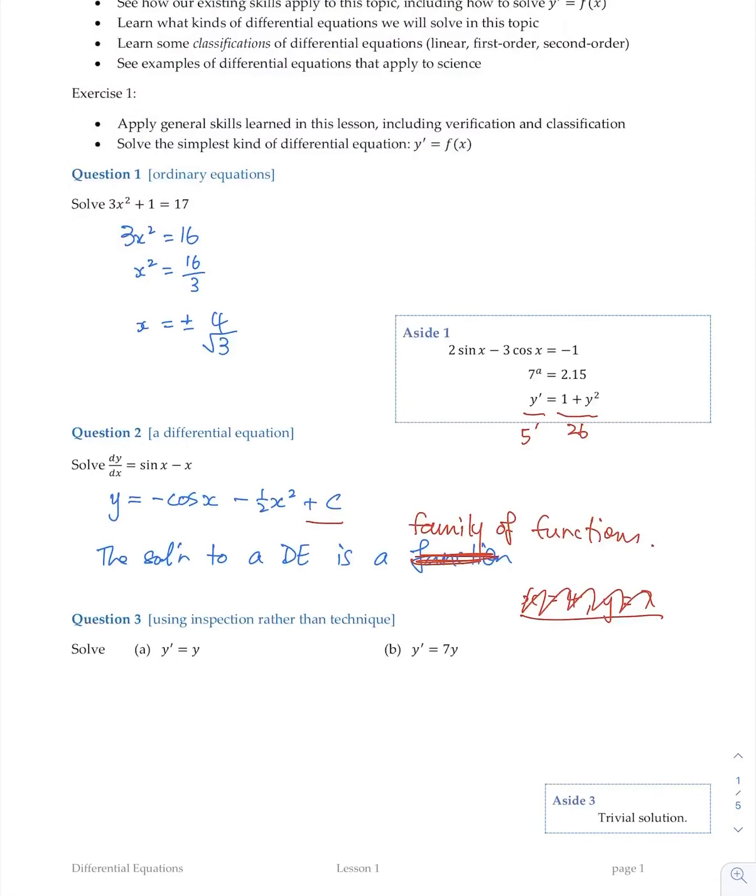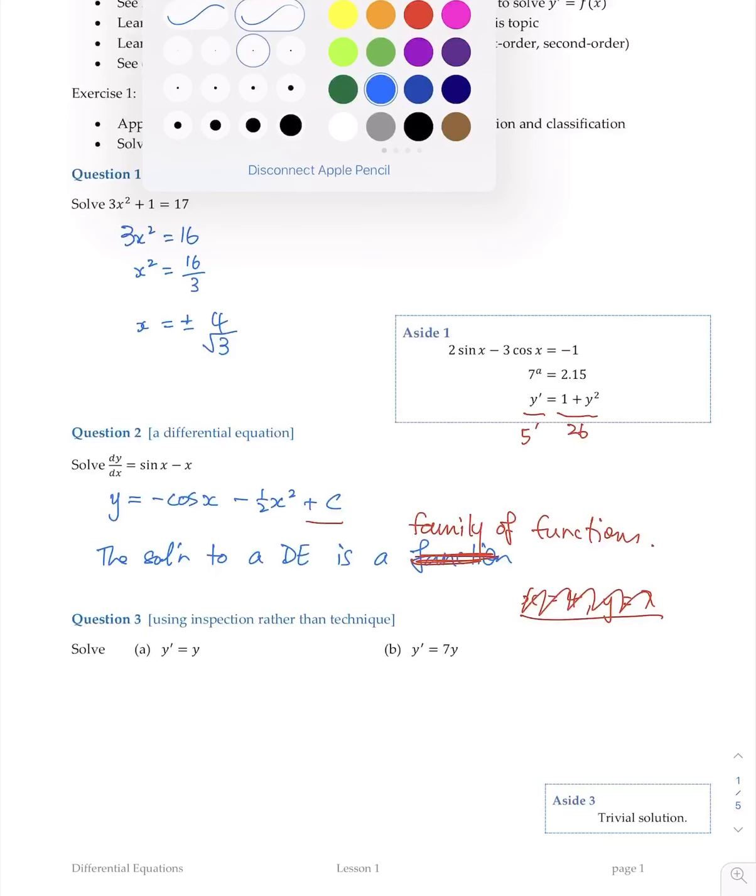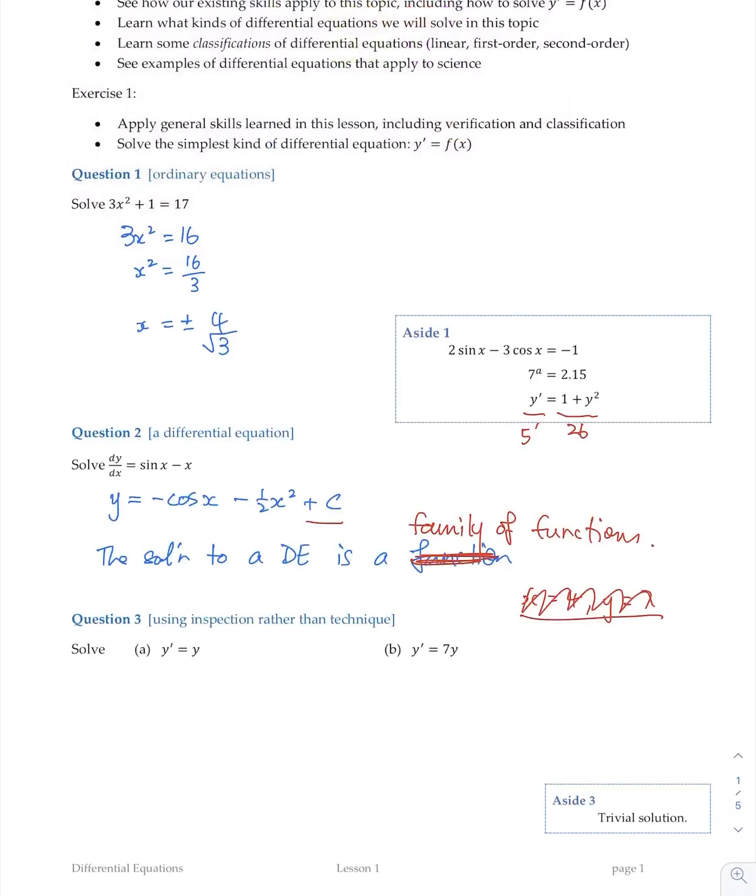Right, moving right along. So solving these ones, y dash equals y. It says here that we're using inspection rather than technique. We had a technique to solve this one, but we don't have a technique to solve this one. All we can do is look at it and think, oh yeah, I know the answer. So this is telling a story. The derivative of a function is itself. And we've heard that before in the context of exponentials. So if we have